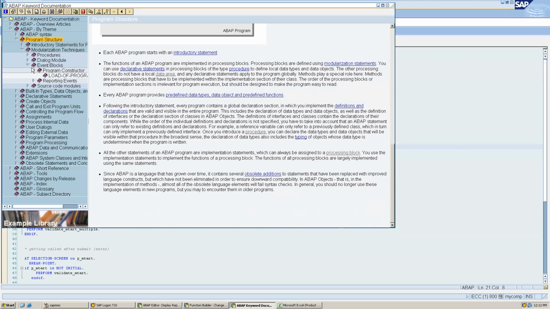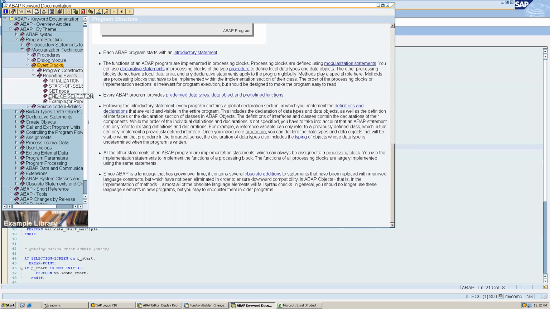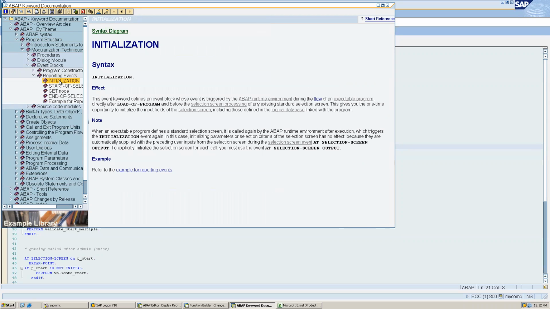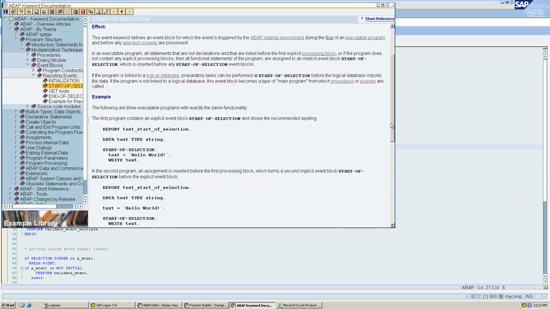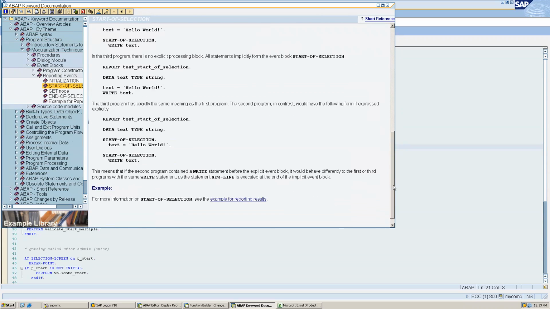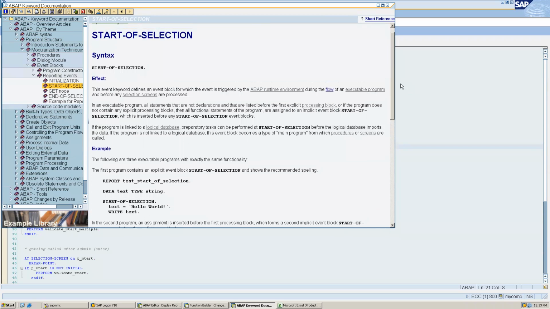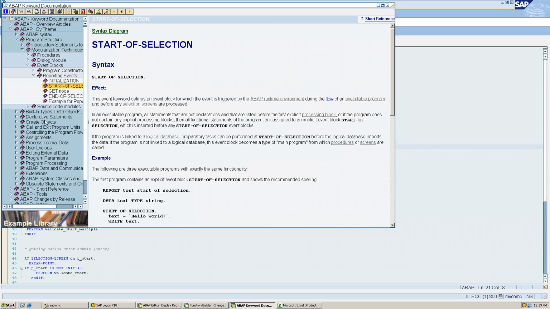The program constructor. Yes, see, these are notes they've given. Initialization. One by one they have given, but they have not explained the flow. See, here you can get each and everything which we are learning. ABAP runtime environment.